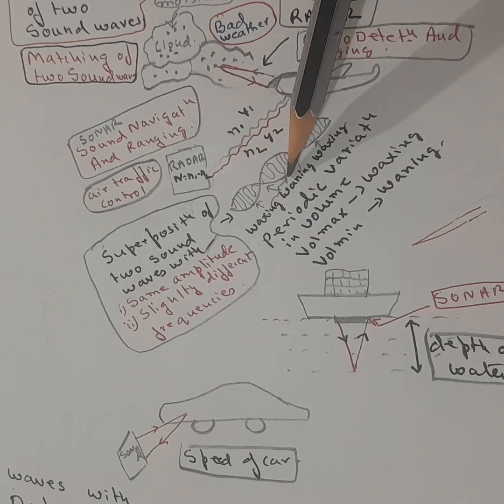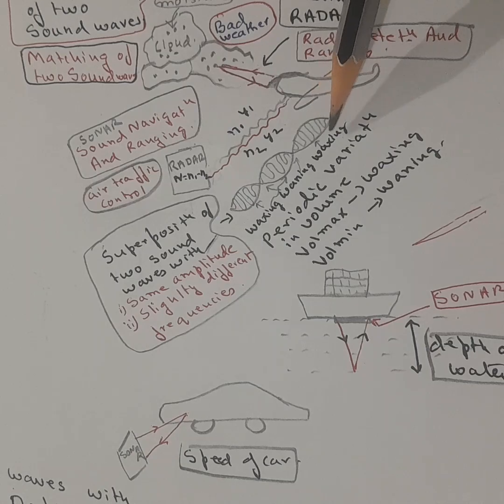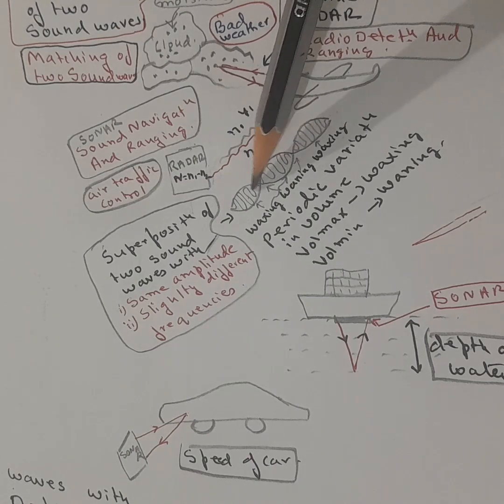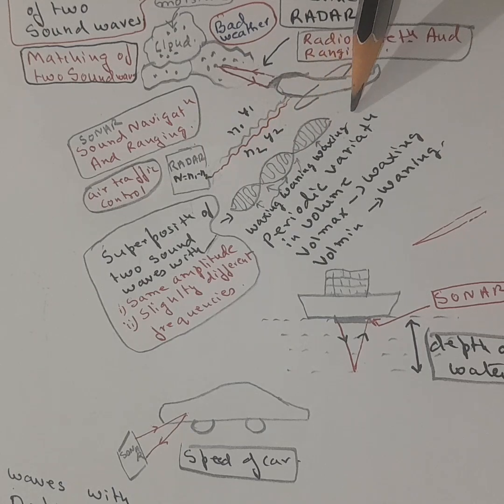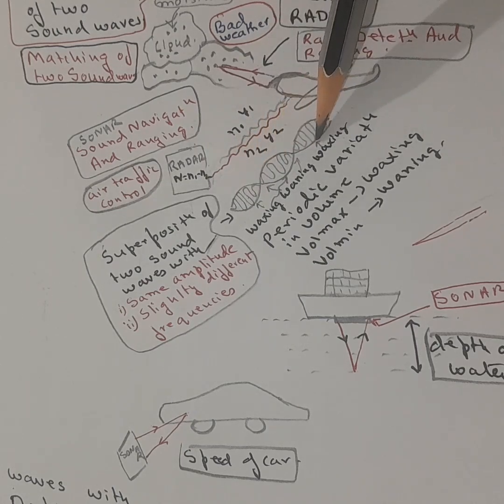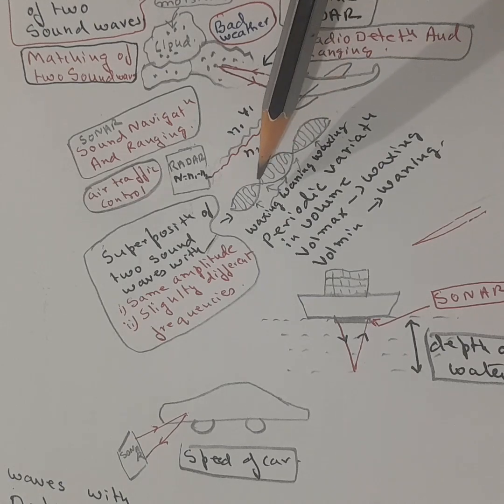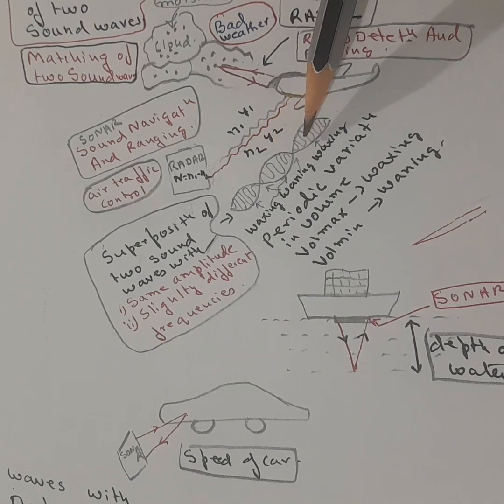Now is this a progressive wave? If it is a progressive wave, then it would be coming to us. And if it is a stationary wave, it would remain the same. This is what we are going to derive and find out, along with a variety of other things. We are going to find out the frequency of beats. So beats also have frequency, right? So the frequency of beat we are going to find out. We are also going to find out whether it is a progressive or stationary wave. Obviously, if it is a stationary wave, then it is of no use for us.